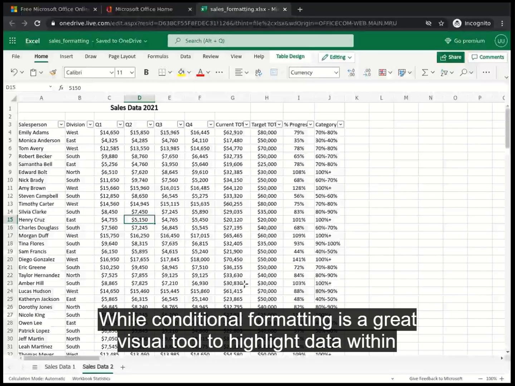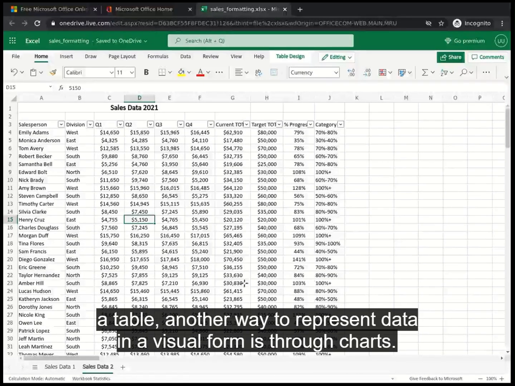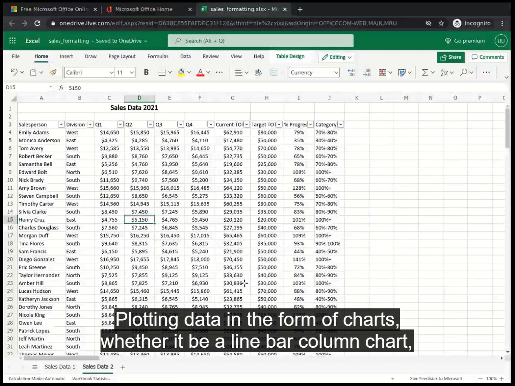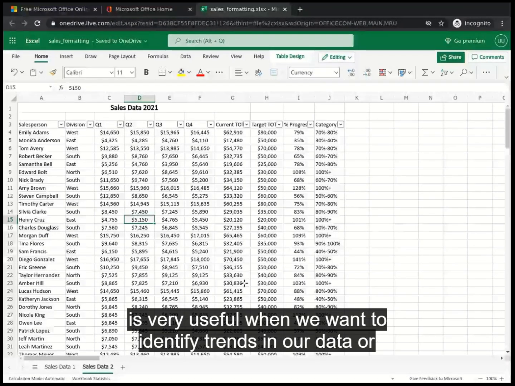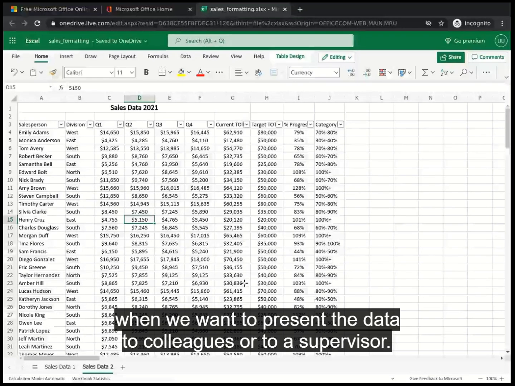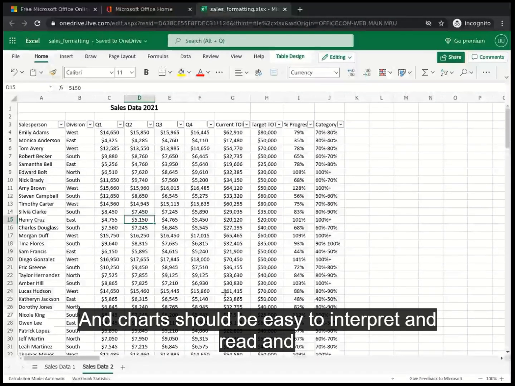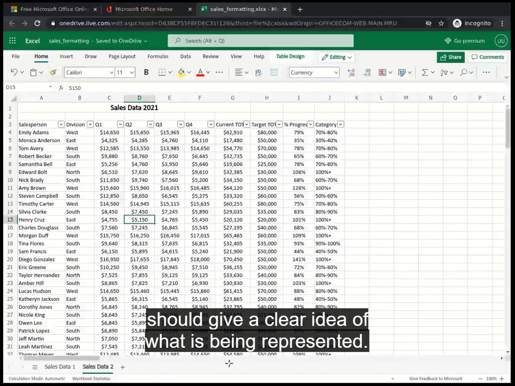While conditional formatting is a great visual tool to highlight data within a table, another way to represent data in a visual form is through charts. Plotting data in the form of charts, whether it be a line, bar, column chart, is very useful when we want to identify trends in our data, or when we want to present the data to colleagues or to a supervisor. And charts should be easy to interpret and read and should give a clear idea of what is being